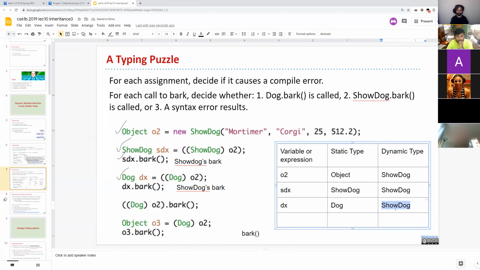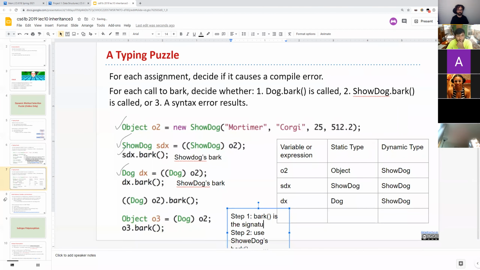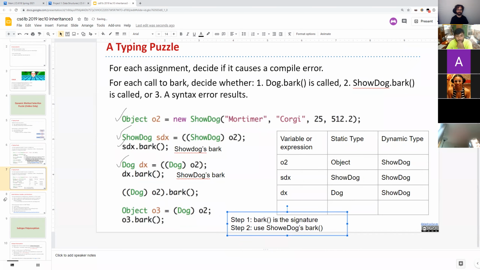So the dynamic type is show dog. So step 1 is the signature, and step 2 is use show dog's bark. Here the method signature doesn't have any parameters. It's just the name.